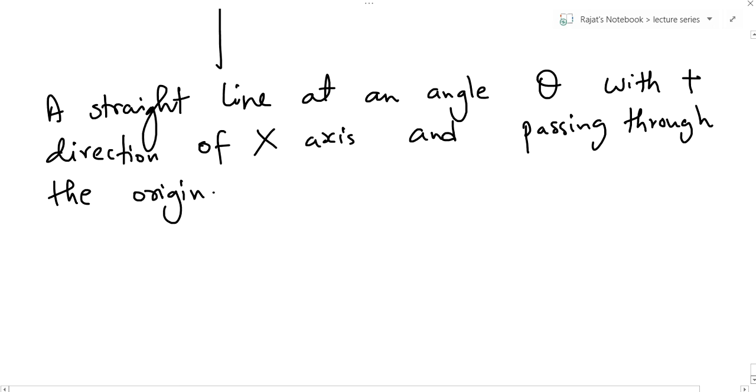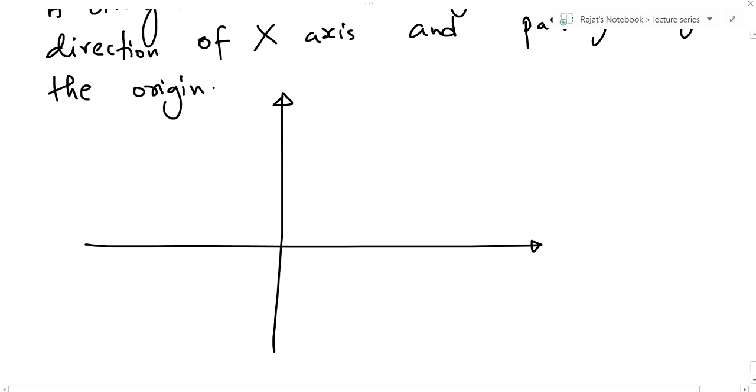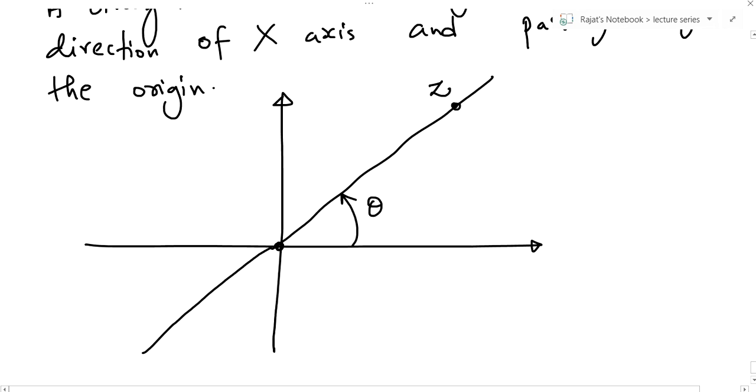So there's a straight line which is making an angle of theta with the positive direction of x-axis and it is passing through the origin. So the line will look like this. This is the origin and it is making an angle of theta. So any general point z on the line, if I'm able to write the equation of z,